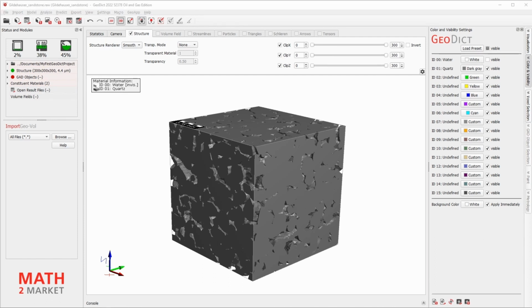We now want to check the connectivity of the pores within the structure. To do so, please select the module PoroDict from the toolbar and choose Open and Closed Porosity from the drop-down menu.